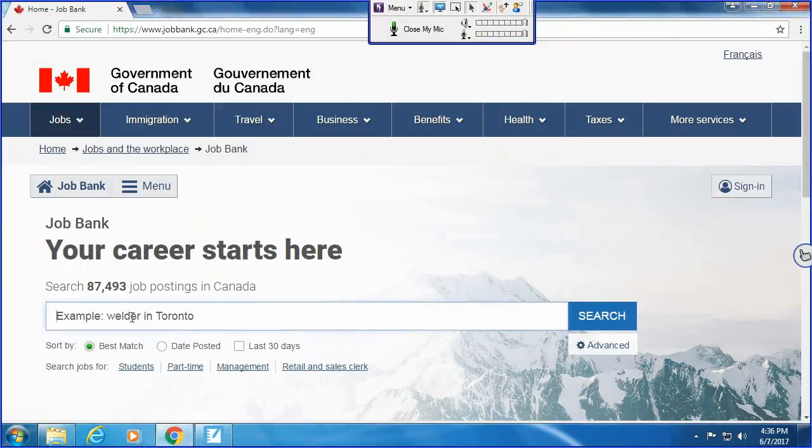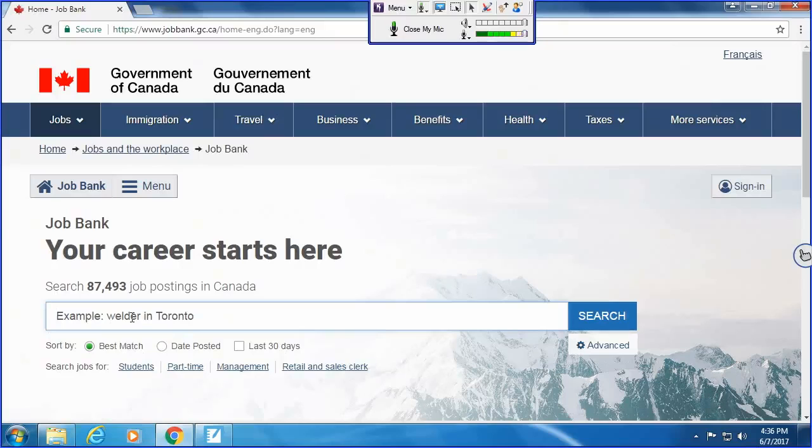But if you're from a smaller city or a smaller community, like I am, I recommend looking up that community. For example, Sioux Lookout is considered to be a hub, right? So you don't want to choose such a small community where the jobs probably aren't listed here on the job bank. You want to pick somewhere where jobs will be listed on the job bank, right?